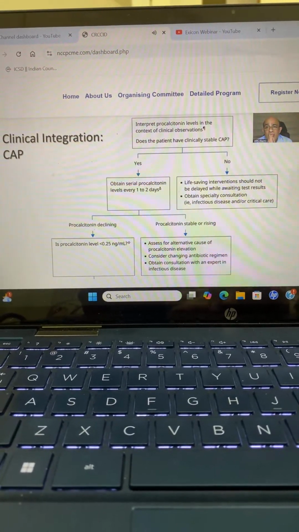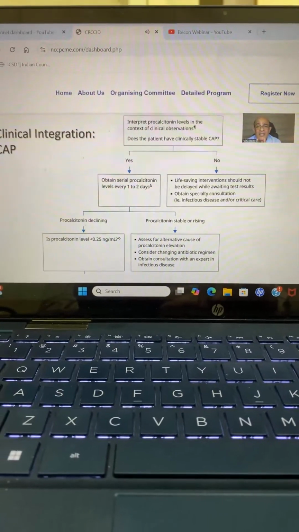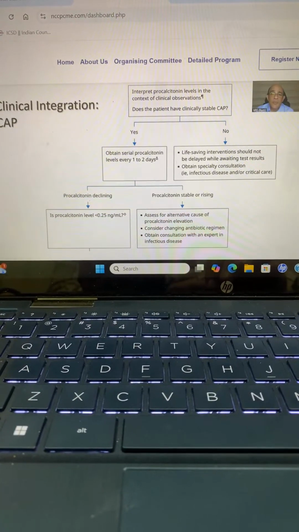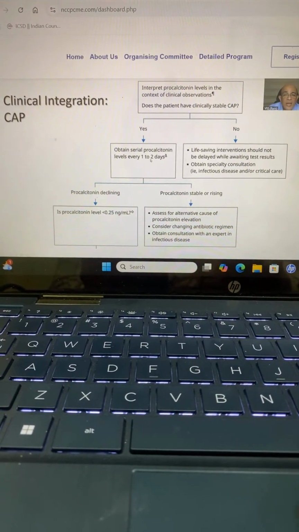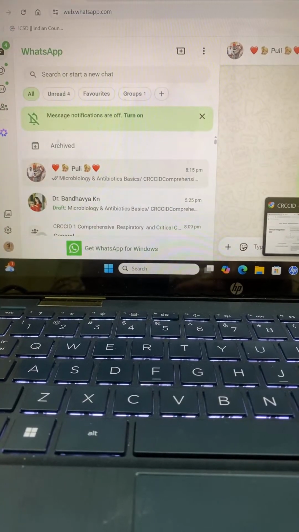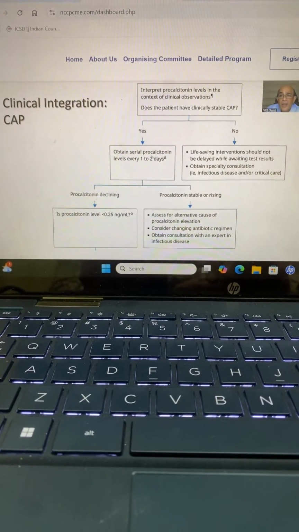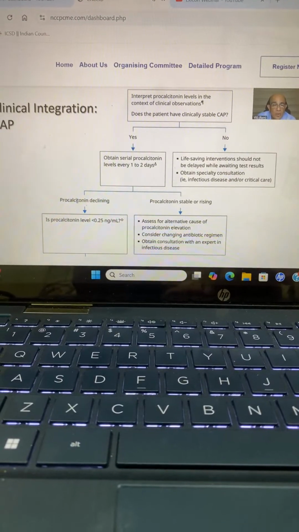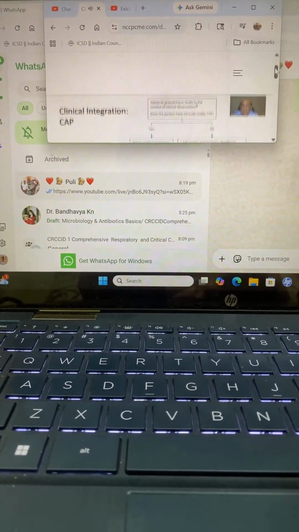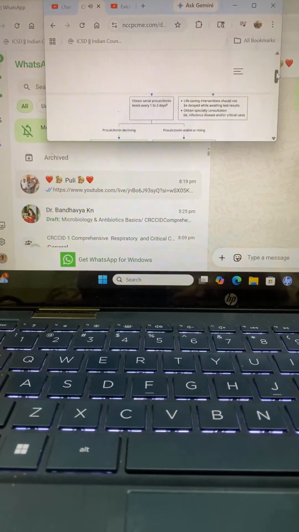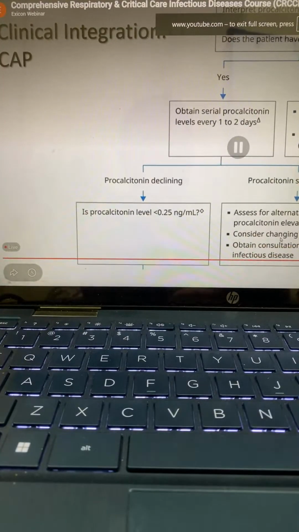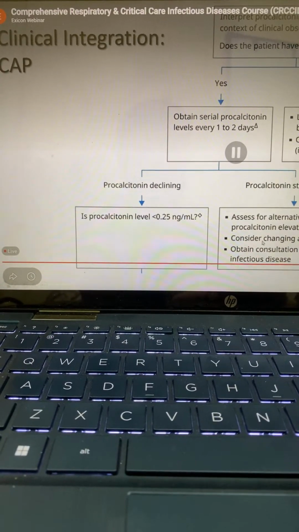This is from UpToDate. So if the patient has a suspected community-acquired pneumonia, the ideal is to obtain, please remember, serial procalcitonin levels every 1 to 2 days. There is no role for a single value to decide yes or no. If the procalcitonin is declining, continue. If the procalcitonin is stable or rising, look for an alternative cause for PCT elevation in a person who's on antibiotics for community-acquired pneumonia, or consider changing the regimen because the person is probably not